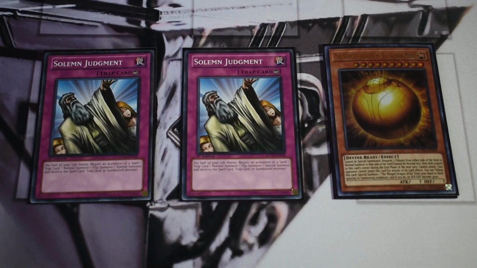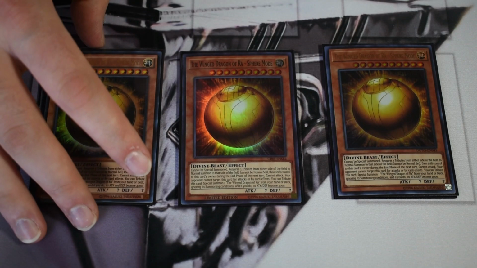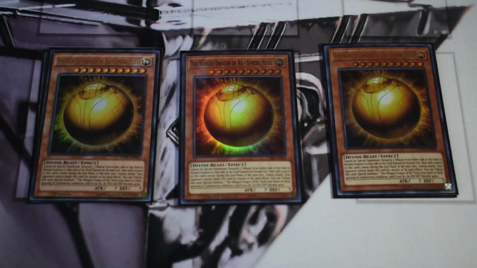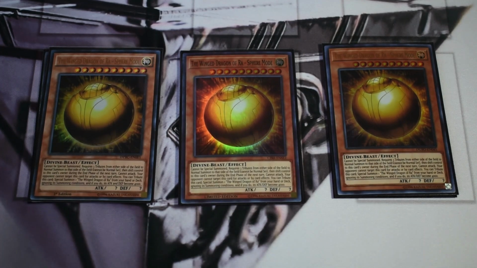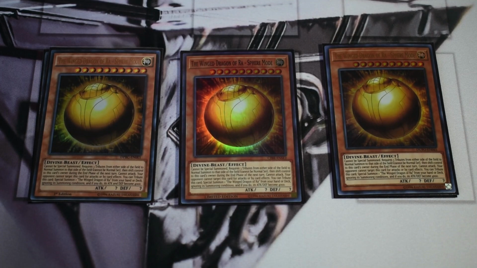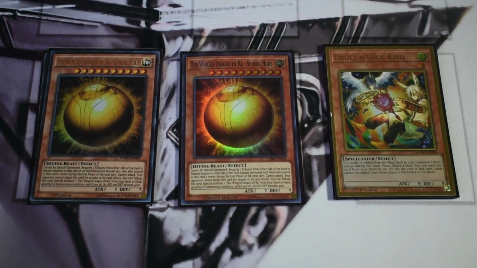For the going second cards, we have triple Sphere Mode. I think this is just a double down. We're seeing a lot of Kashtira go in on this on top of Lava Golem. You just want to guarantee clear the board, and then you can just get your stuff into a simplified game state, and then Kashtira really just runs everything over from there. So really powerful card. And then the one card that I actually am enjoying right now, kind of as a